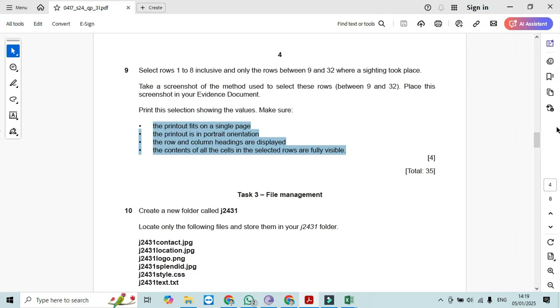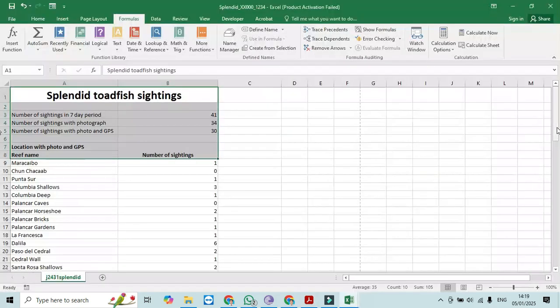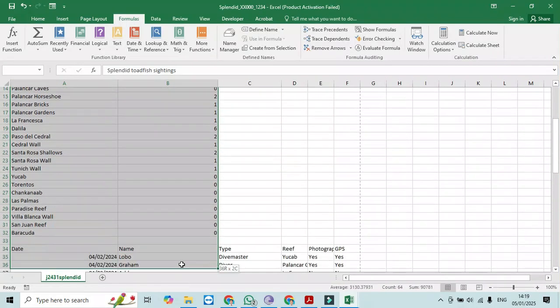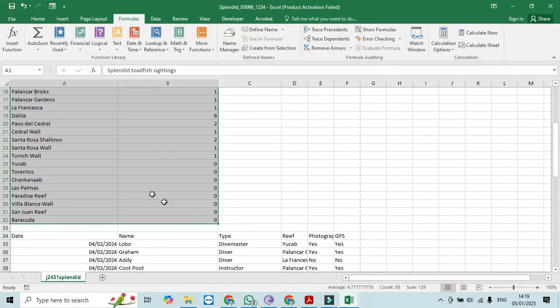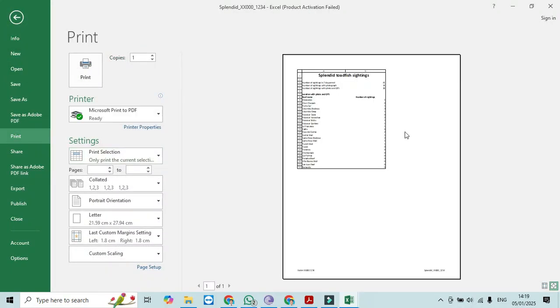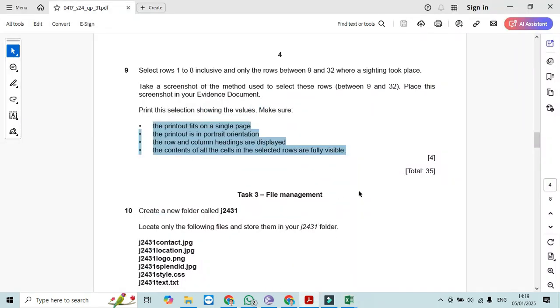It is select rows 1 to 8 inclusive and only the rows 9 to 32. So you can just select these ones, 9 to 32, and then click here, print, and selection only, and print this one as portrait, and that's all they ask in this task. Hope you have understood how to deal with the spreadsheet using Microsoft Excel and the techniques of